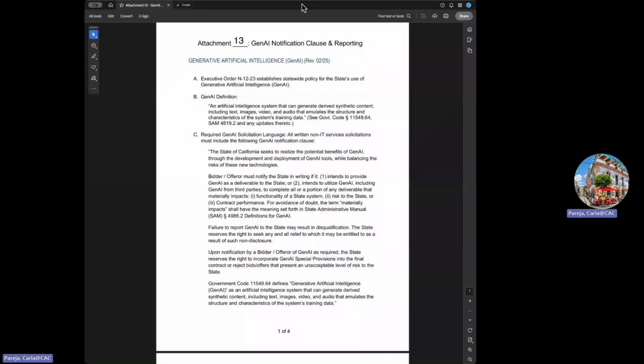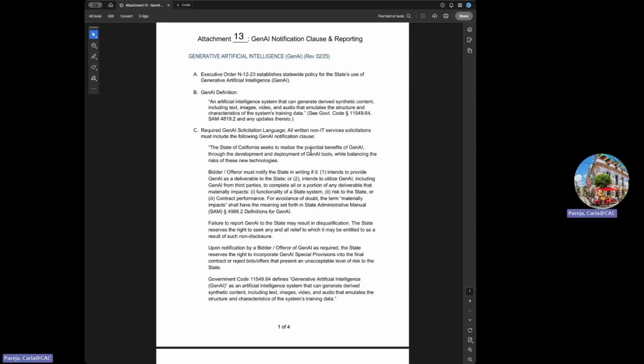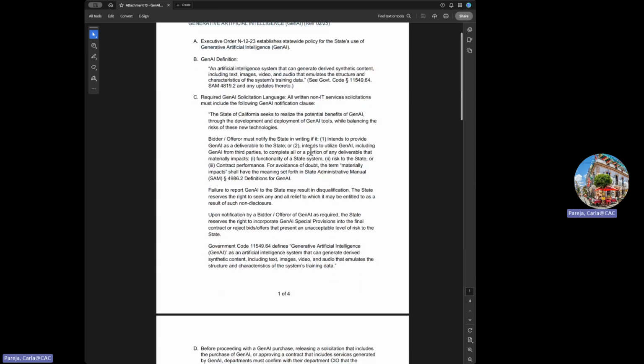So this form here includes all the information, California regulations and procurement codes and laws in regards to Gen AI, notification, clause, and reporting. So bidders are required,